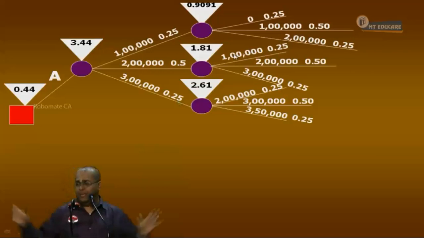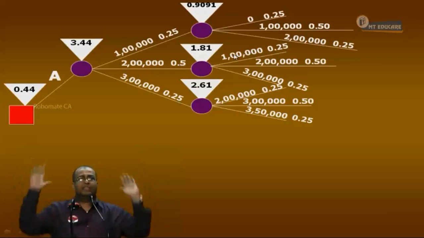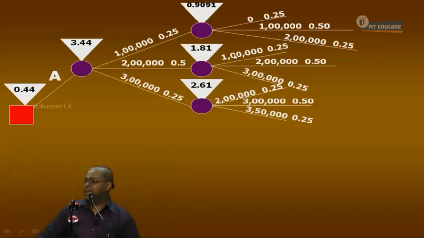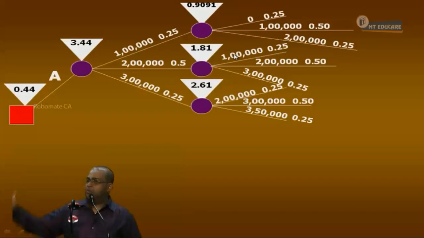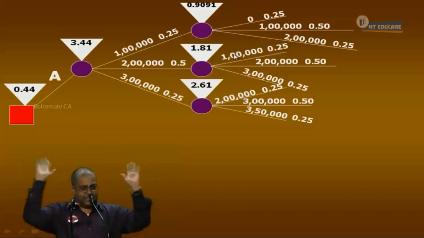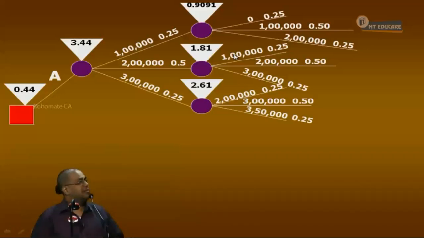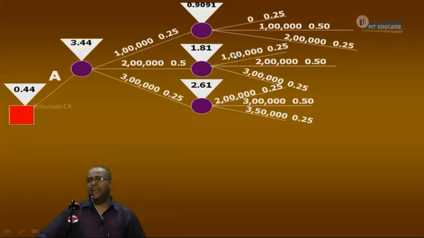Site B, we are doing the project now. Site B or Site A, the project is the same. The cash flows will be the same, the probabilities are the same. It is a copy and paste of Site A. But the Site B owner gives me an option saying that if you do this project in